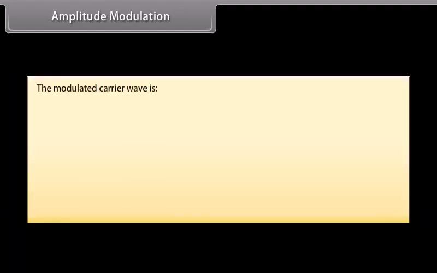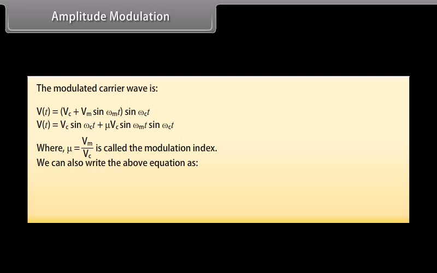The modulated carrier wave is given by v(t) = (Vc + Vm sin ωm t) sin ωc t, which can be written as v(t) = Vc sin ωc t + μ Vc sin ωm t sin ωc t, where μ = Vm/Vc is called the modulation index. We can also write the above equation as